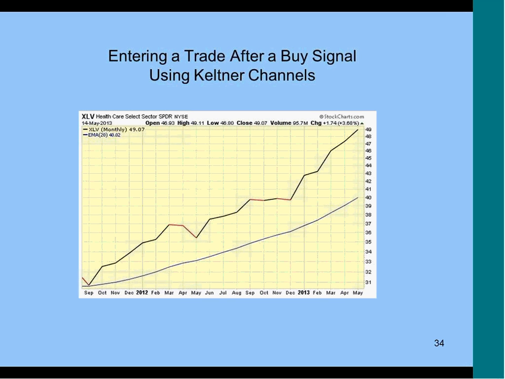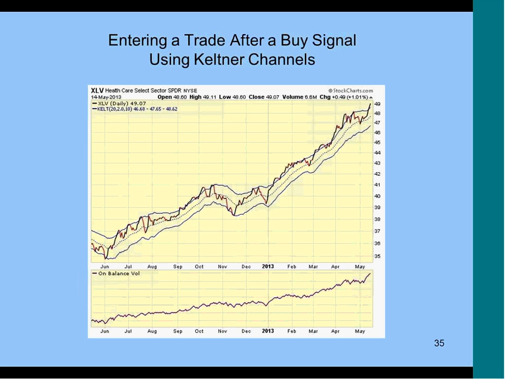And here's an example. Here's the current healthcare sector ETF. We can see it's in a very strong uptrend, and you might want to enter this market after the buy signal has occurred. So here's the same time period for the XLF healthcare sector with the Keltner channels. And I like to use the Keltner channels to help me time my entry after a buy signal has already occurred. And we can see with the healthcare sector,